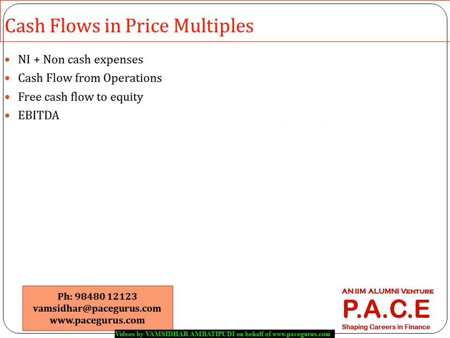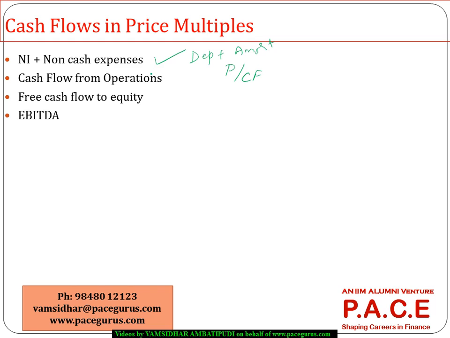Then, as we have discussed earlier, when we talk about the price to cash flow kind of multiple, we can generally use so many alternatives to cash flow. Sometimes a simple net income plus the non-cash expenses like depreciation and amortization is used as a simple proxy to the cash flow. But of course, here